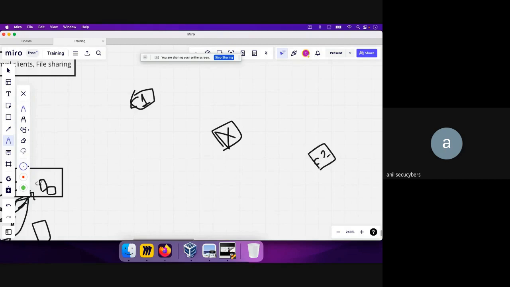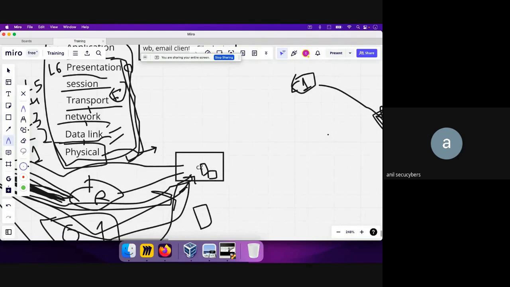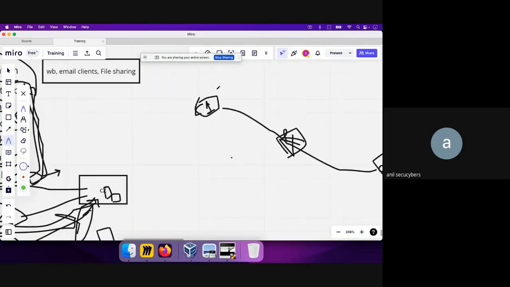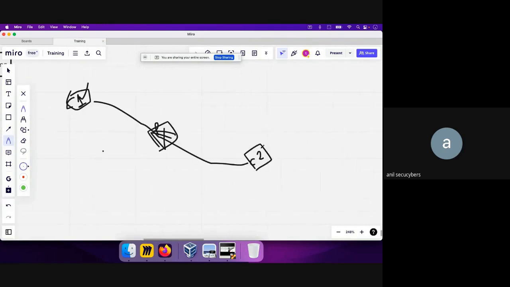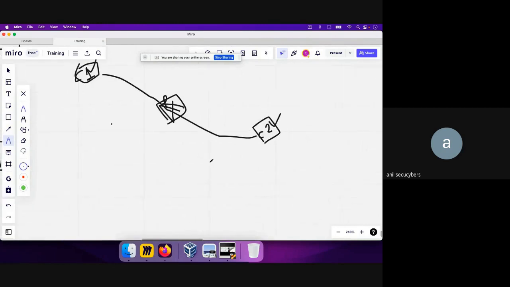For an easier example, let's say there's a wireless router in between, and C1 is connected to C2 via wireless. How can you read the data at the data link layer, where the data is transmitted and handled by the data link layer of this computer and this computer? What you can do is you can come up with a new computer, let's say